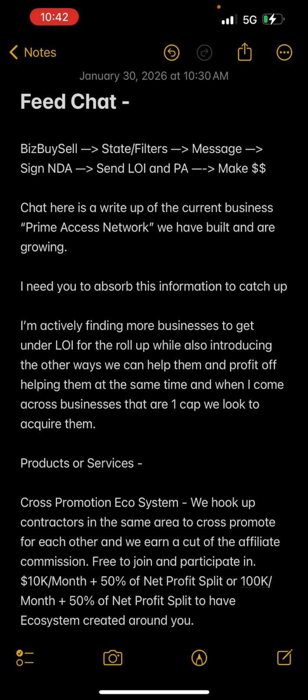So why would we have a 2 cap filter? What is a 1 cap? What is a 2 cap? What is a cap rate? Here's what a cap rate is. Your EBITDA compared to your asking price is what a cap rate is called. If you had a $100,000 EBITDA and a $100,000 asking price, you'd have a 1 cap rate. If you had a $100,000 EBITDA but a $1 million asking price, you would have a 10 cap rate. So those are the scales that we're going to use.